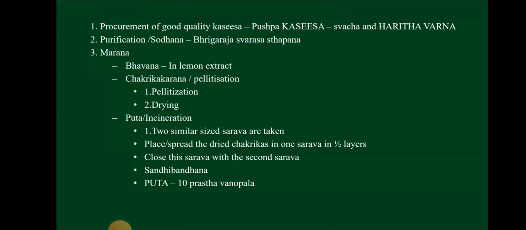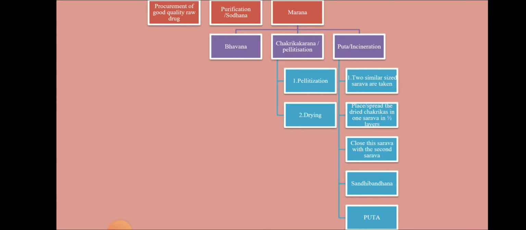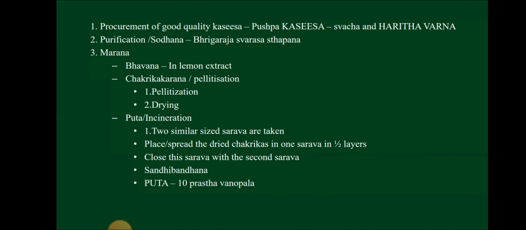So Kacha and Haridra Varna Kasisa is taken, according to Rasatarangini. The next process is purification. Sakrit Bhringamuna Klinam Kasisam Shuddhim Rachati, so Bhringaraja Swarasa Sthapana extract, this is Kasisa Shodhana. Then comes the Marana process. For Chakrika Karana, Kasisa Bhavana is mentioned in lemon extract: Kasisa Nimbu Nirena Marde Itwadu Chakrika, Shuska Karya Sampudasta, Desha Prastavanobalehi, Punah Punah Pudadeyo Yavad Basmam Niramladam, Yeda Gairika Varnam Syad Kasisasya Prajayate. So Bhavana in lemon extract.